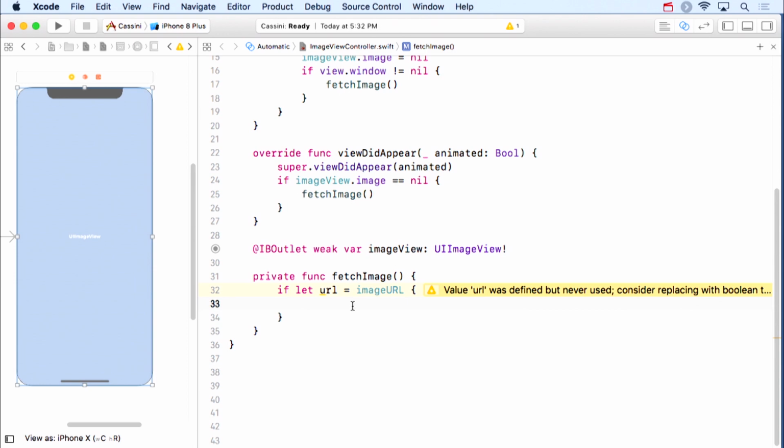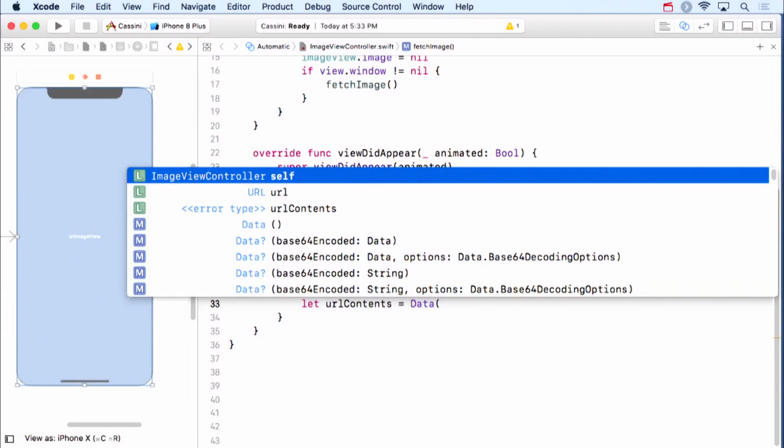So how do we go out on the internet and get data from a URL? We do that with the data object. Remember the data object I talked about? It's just this bag of bits thing. Well, it has an initializer, which is: give me a URL and I'll go get the bag of bits from that URL. So we can set a little local variable, which I'm going to call my URL contents, equal to